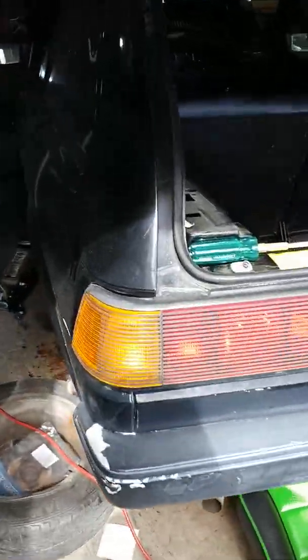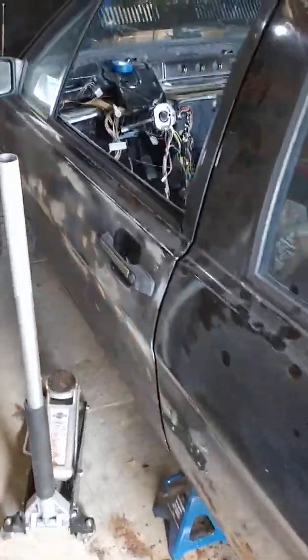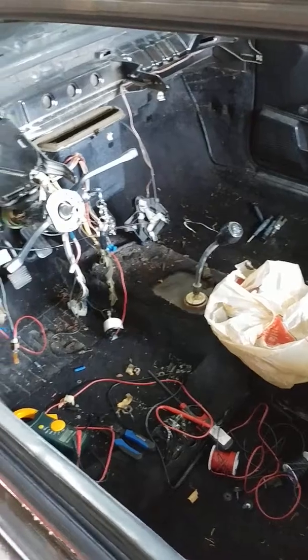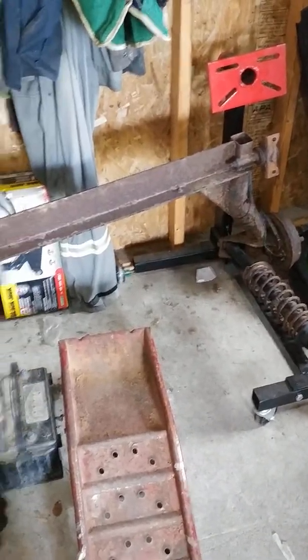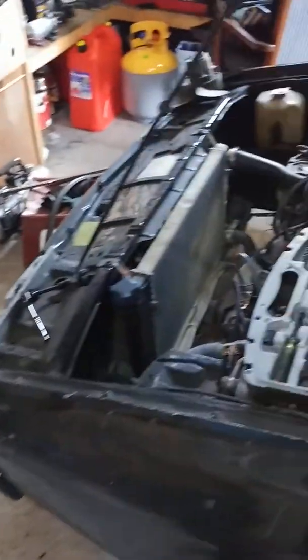So this is Project Scirocket. It's a 1982 Volkswagen Scirocco. We picked the car up under the impression that it pretty well needed brakes and a rear beam. We got a new rear beam here. It came out of a cabriolet, one of those convertible Volkswagen things you see outside of bookstores and artisan cheese